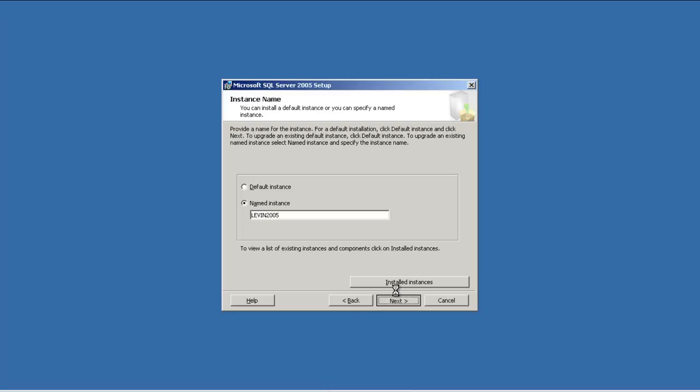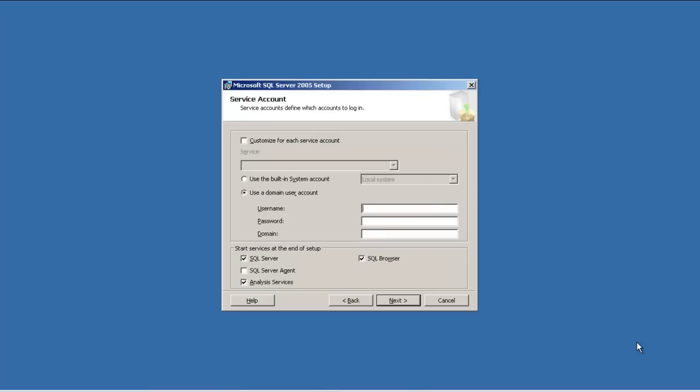It will run the same way, and you will have a second instance of the SQL Server, a double instance running, one with 11 and one with 2005. If you have given any other name, you would have the same names. It takes some time. Hold on. There we are, back again. Again I'm going to use the same built-in account. Leave the same thing as it is. Go to the next.